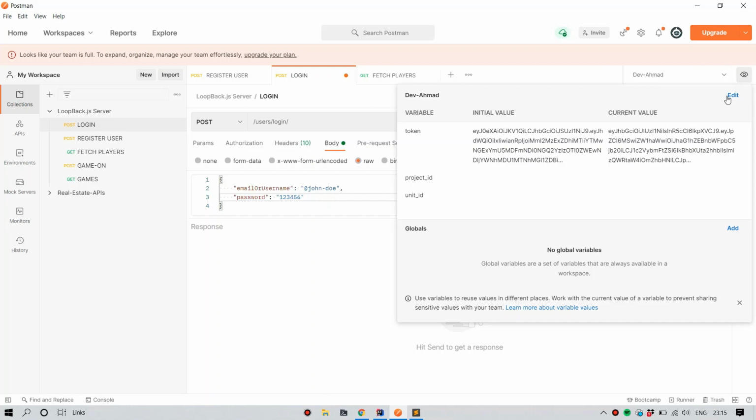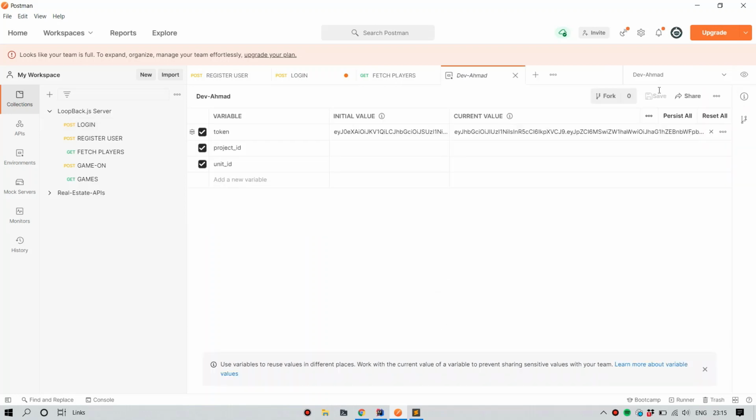So go to your environment variable, click edit, and then add a new environment variable called baseURL, something like that, and set the initial value and the current value to this. This is our API endpoint base URL, which is never going to change. So we're defining it here, hit save.